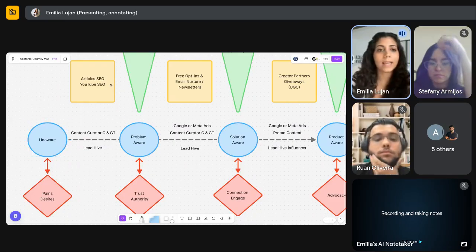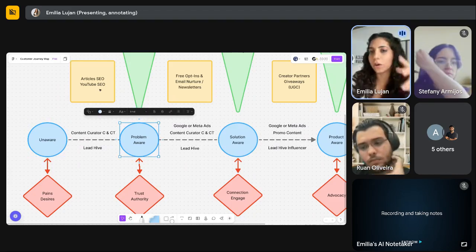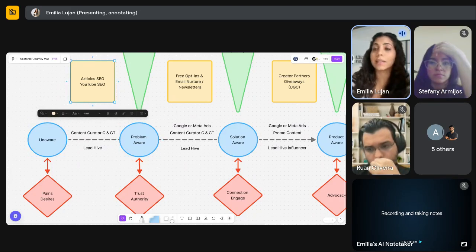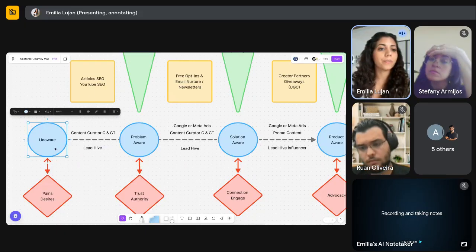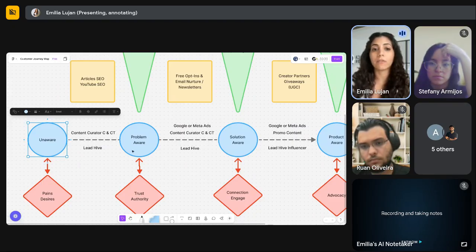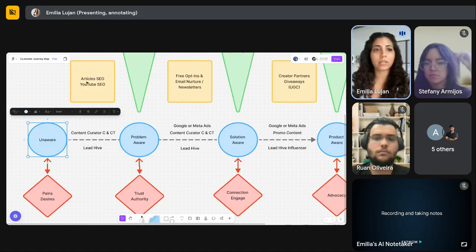So the way that we can get them from unaware to problem aware through articles, YouTube videos, LinkedIn articles, etc., is talking about, well, that pain that you feel in your eyes and that light sensitivity that you feel at the end of the day, what if that's coming from your eyes? And then what if that's binocular vision dysfunction, which is the problem that our client Sacred Sites treats, right? So just as an example, making articles that talk about